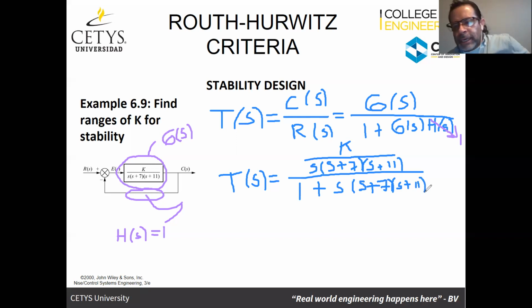Now we can multiply the whole expression by the denominator, S plus 7 plus S plus 11, and what we're going to have is T of S is equal to